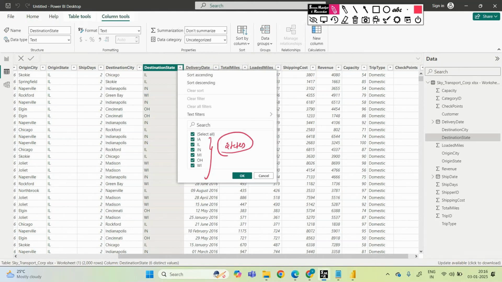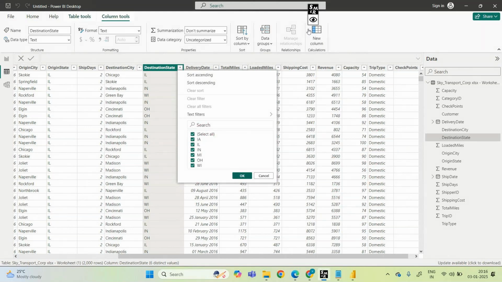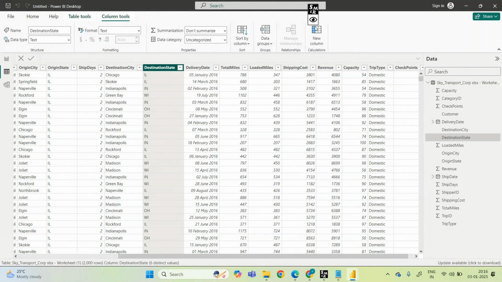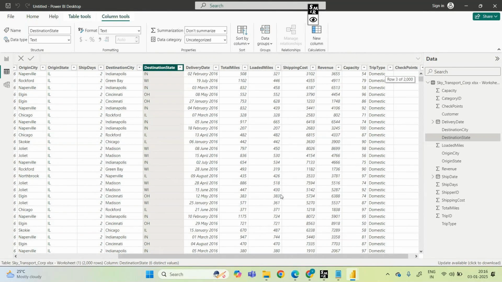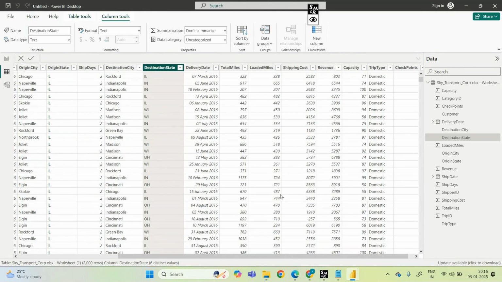Even if HYD is repeating 10 times, or Pune, among these the unique values are just HYD and Pune. In this column also, these are the unique values. I want to know which state has the highest revenue. If I count or add it manually, it takes more time. So I select this